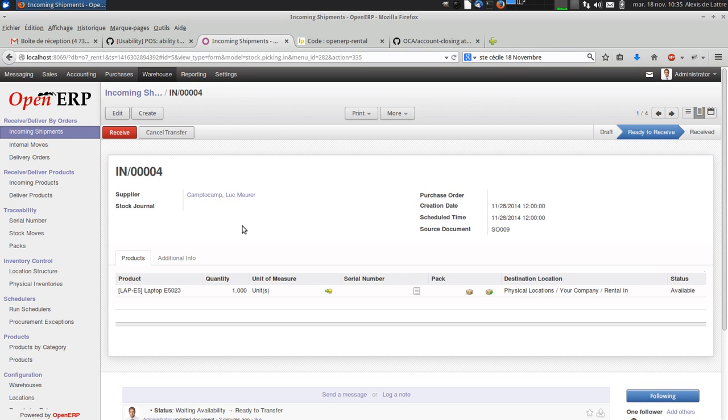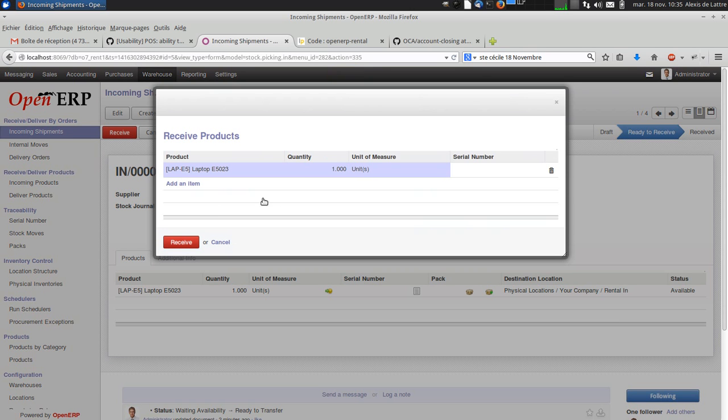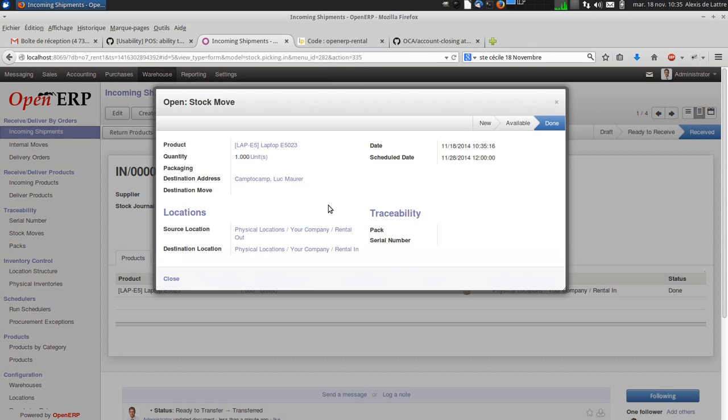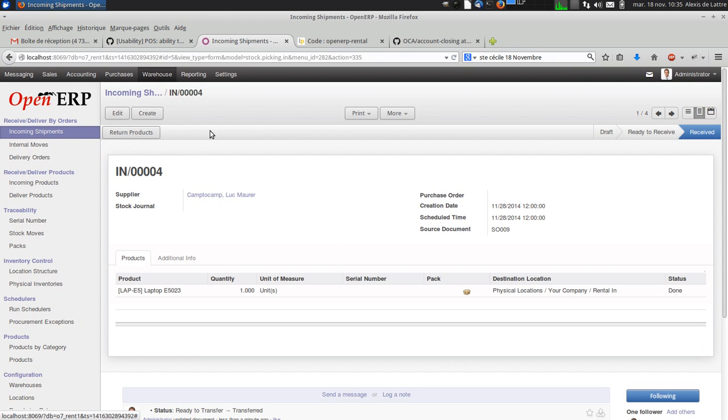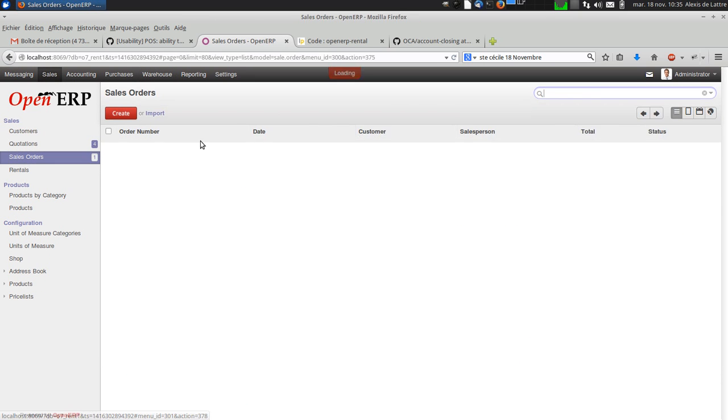So Luc Morer returns the laptop. So I click on receive. Okay, so I have received the laptop. You see that here it was from rental out to rental in. And you remember that I could create the invoice